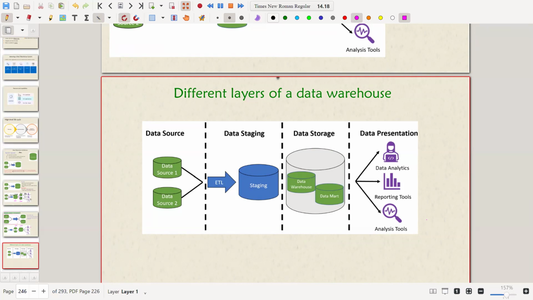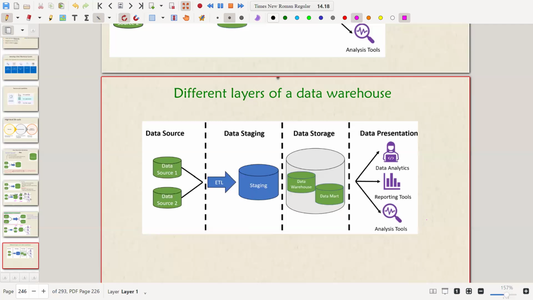First, what are the different types of methodology? One is Inmon's, another is Kimball's. Which approach to use when? If you have an enterprise-level data warehouse, it is better to use the Inmon approach. That is a top-down approach, where the data warehouse comes first and is later segregated into different data marts. Then there is Kimball's bottom-up approach, where different data marts come first and are then fed into the data warehouse using an integration process, right? And then it is available for different analysis or BI, business intelligence tools, anything like that. What kind of analysis you can do.